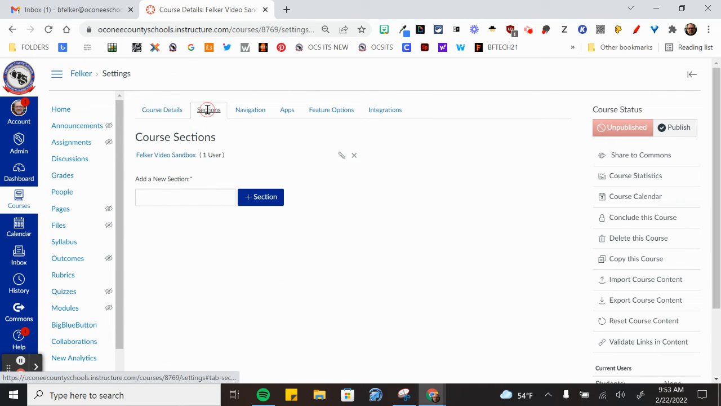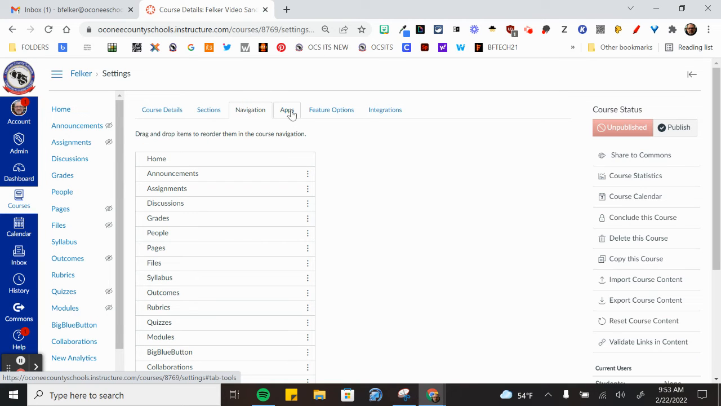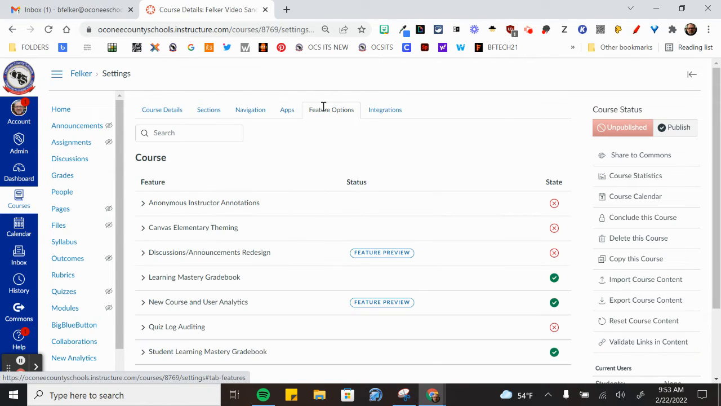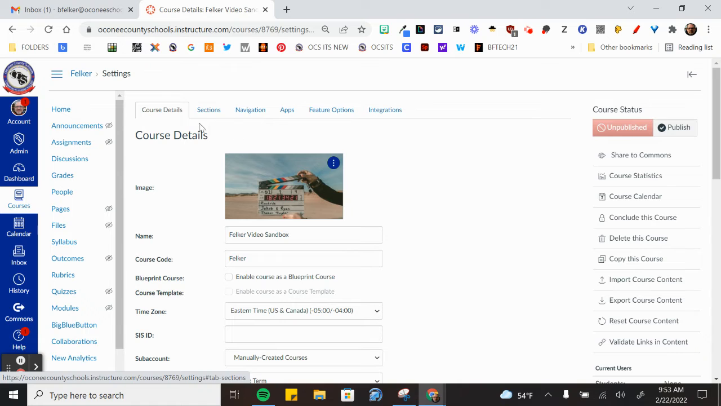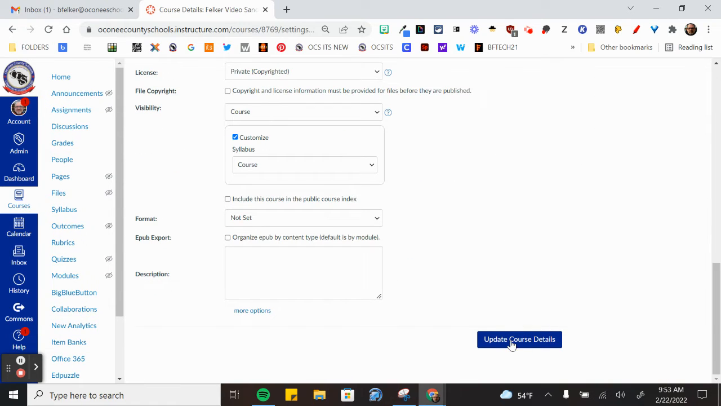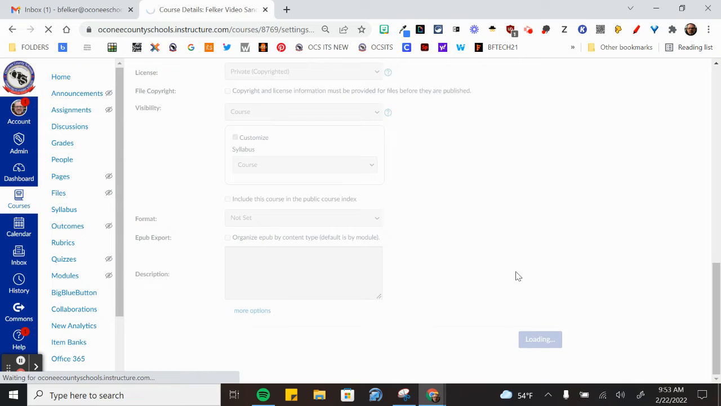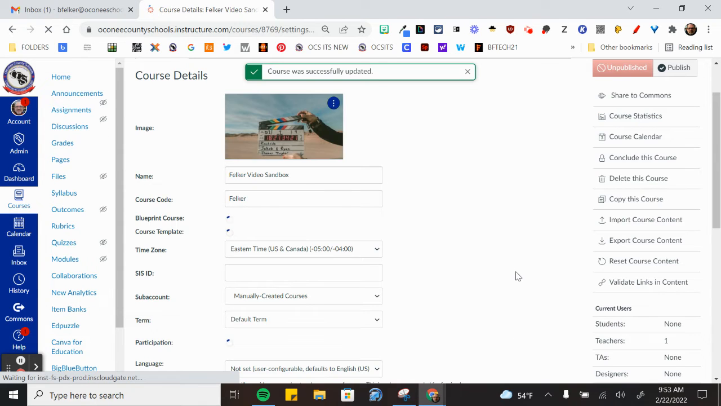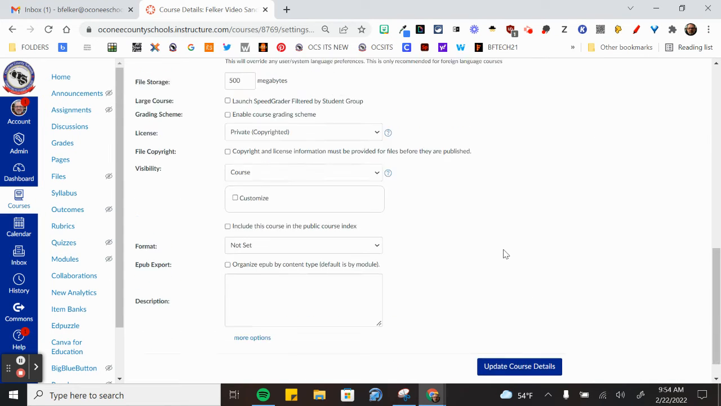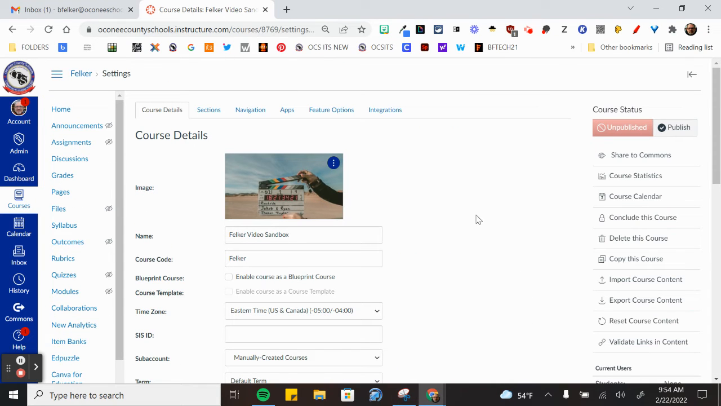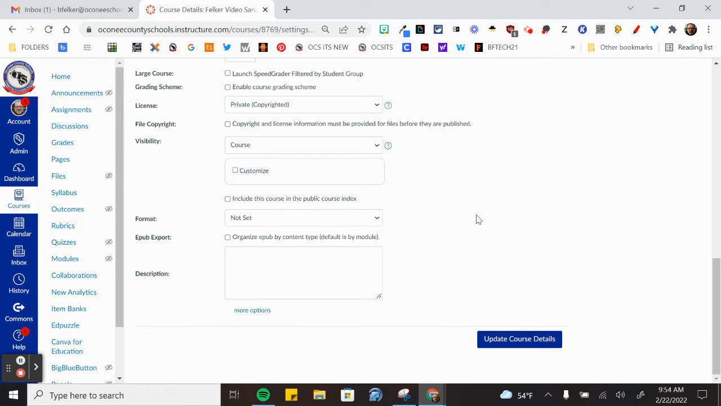the top area here and show you that you can edit the sections, the navigation, connected applications, any options you want, and any integrations that you want. Once you have these areas edited or modified, just click on Update Course Details at the bottom, and it should take you back into just a saved view, and it will tell you at the top that the course was successfully updated. If you don't see that and you don't hit the button at the bottom that says Update, then you're not saving your changes when you go off of it. It is not like Google, and you have to click Save often,